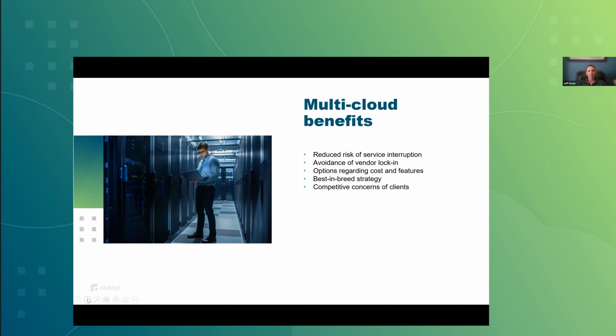Some of the benefits that you'll see with the multi-cloud that maybe you won't see with a single cloud environment is, you have reduced risk of service interruption. It's very rare, but it does happen that one of the major cloud providers experiences an outage. If you have your assets across multiple clouds, you can, to some degree, mitigate that risk. You avoid the vendor lock-in. This allows you to take advantage of cost and features that maybe one cloud provider does slightly differently or better than another.